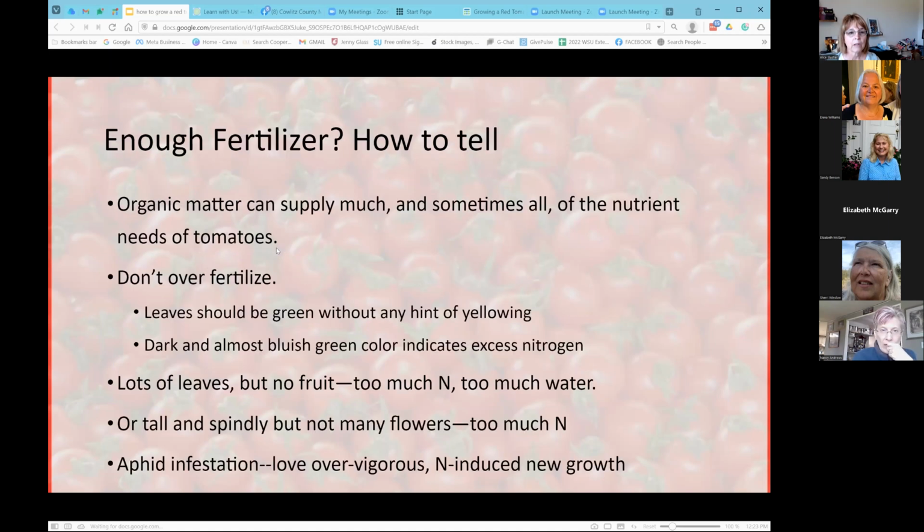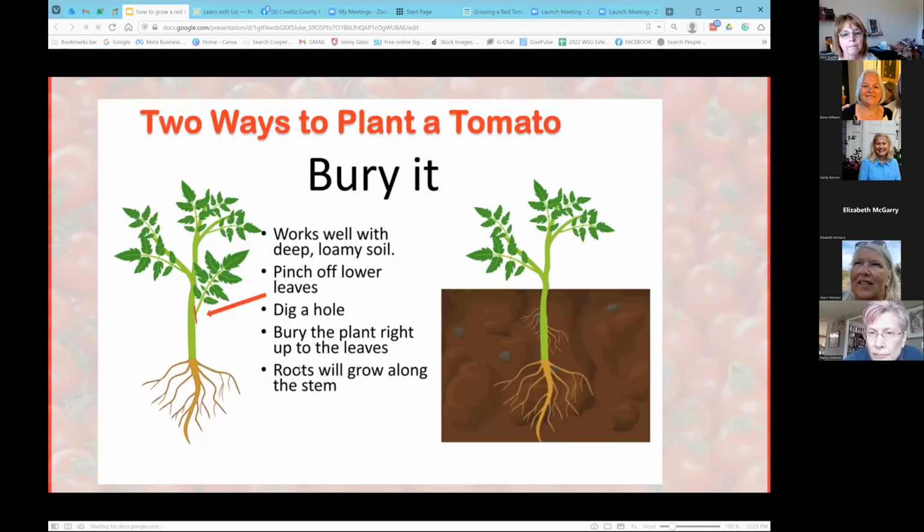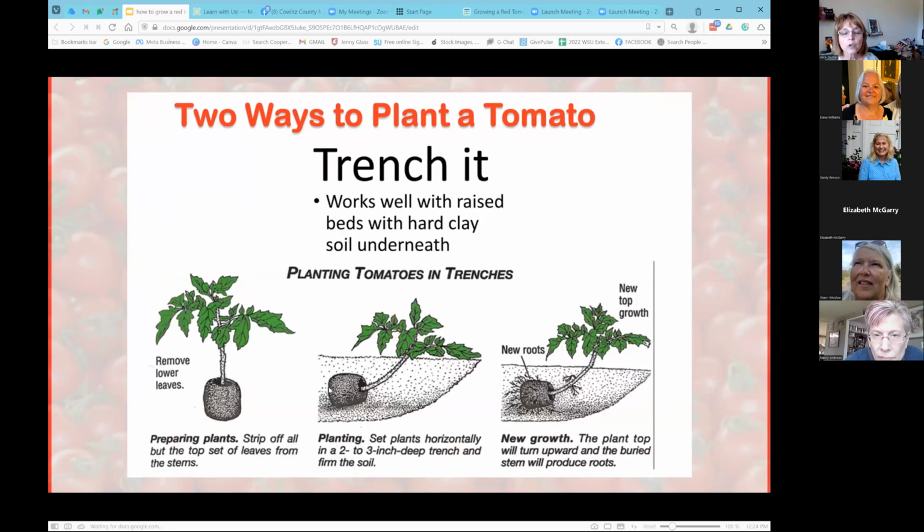Okay, let's go on here. How to plant, there are 2 ways to do it. They should be at least 2 feet apart. And the one thing you want to do is strip off all the leaves here, and then bury it up to there, because you're going to get roots on the entire stem. You can do this if you have a raised bed and don't have clay underneath your bed. You can also trench it by